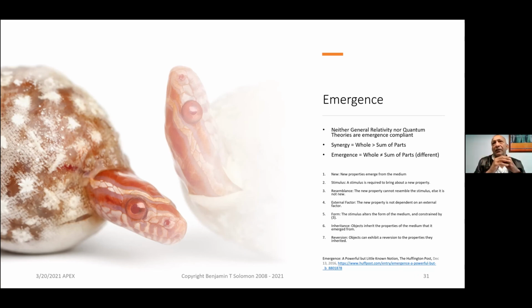So take, for example, the brain. The mind emerges from the brain. The brain by itself cannot really do anything. A dead brain is a dead brain because the mind ceases to exist. And so the mind emerges from the brain and does a whole lot of things. And then you can show, and I've shown this, that a lot of properties in nature are actually emergent. The new property basically says that what emerges is different from what was previously there. And there's a way of analyzing and putting it all together. There are 7 other properties, but this is not the forum for it,